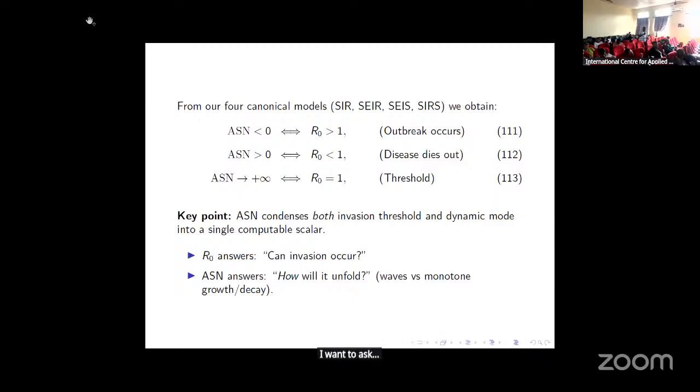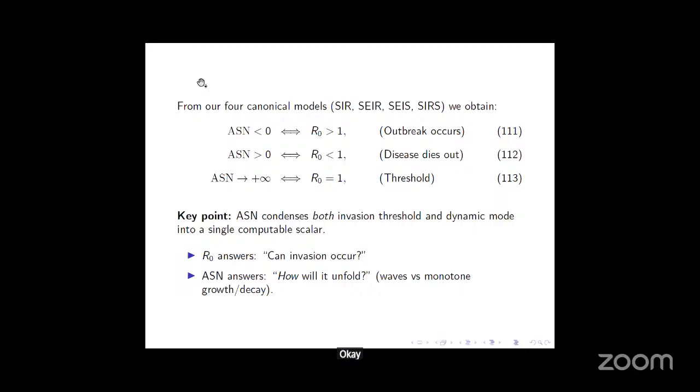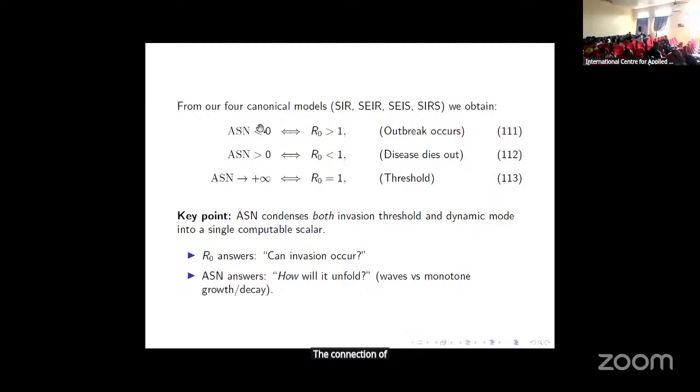I want to ask 2 questions. One is the connection of this TSN with the global analysis and the backward verification, because I think those 2 are very important in disease analysis. So what do we do? I know that anytime in an endemic area, if we are carrying out analysis, we consider the global analysis and the backward verifications. And the second one is